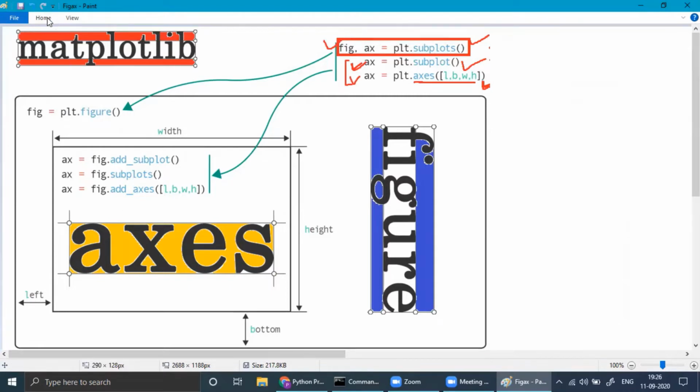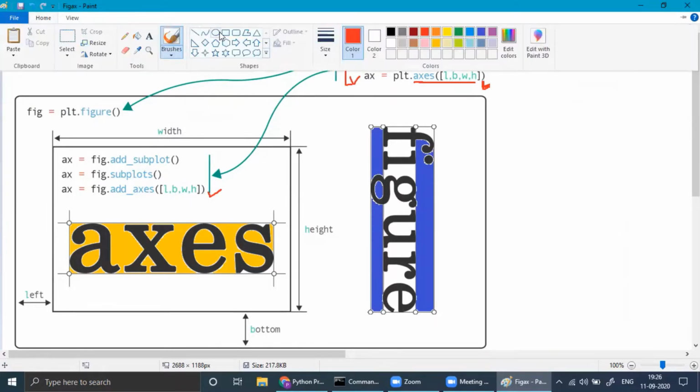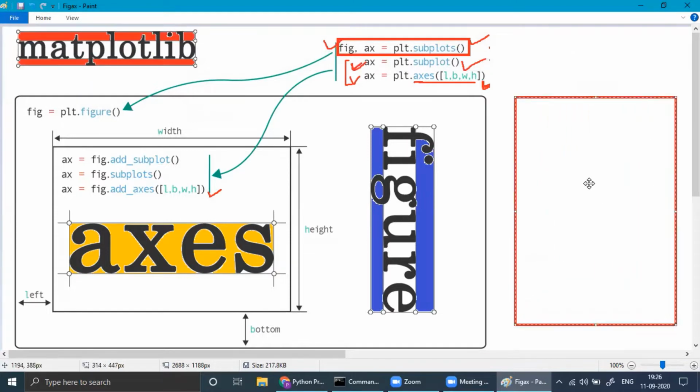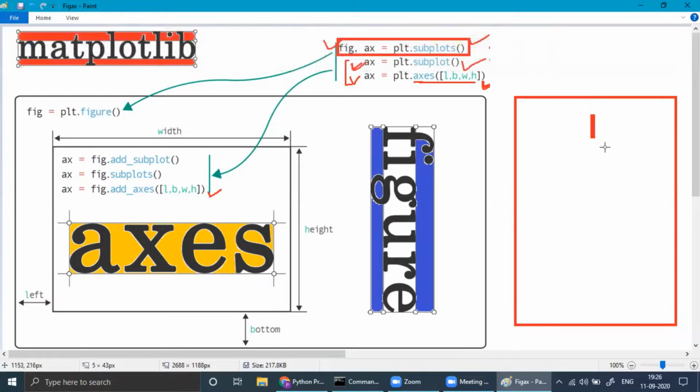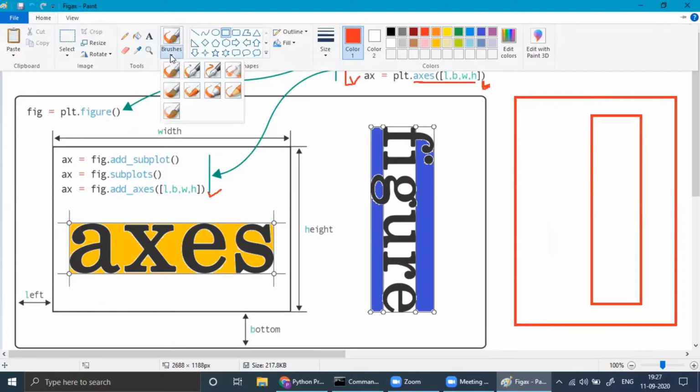If you check here in the third type, you can put your axis object anywhere. Suppose this is figure and you want a graph here. You can make it like this, you can make it like this, whatever way you want. When you are drawing a graph, remember 4 things are here. These will be supplied to you.